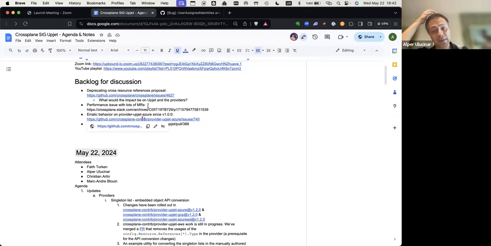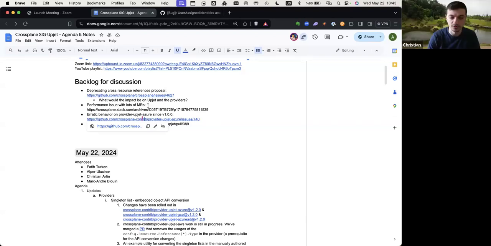Sync period is something related to the Kubernetes controller runtime internals: every sync period, whether there's an update to the managed resource or not, we receive reconciliation events on the provider side. So sync period, if I'm not mistaken, is configured to something like 1 hour. So every 1 hour, even if there is no update, in order to make sure that we don't miss any update events, we reconcile.